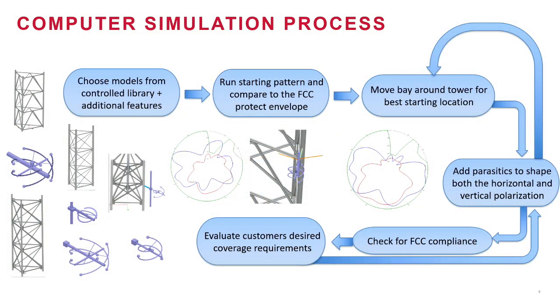Except now, instead of taking some test equipment and going to the field and taking data and recording that data and manually processing it, we let the computer do that. We let the computer do that, and it actually can move that bay around the tower, find the best place to start from, right? It can actually add different parasitic elements and move them in relation to the radiating element and the tower, so we can move that. We can increase the standoff. We can go from 11 inches to 16 inches. We can come back into 14 inches, right?